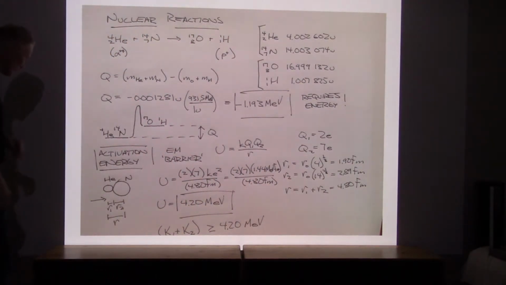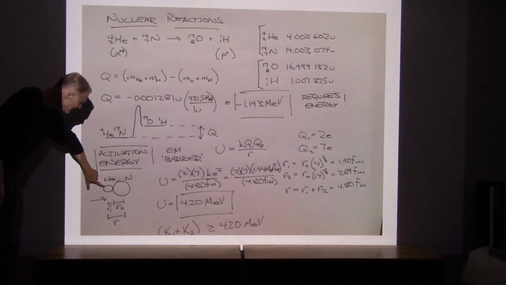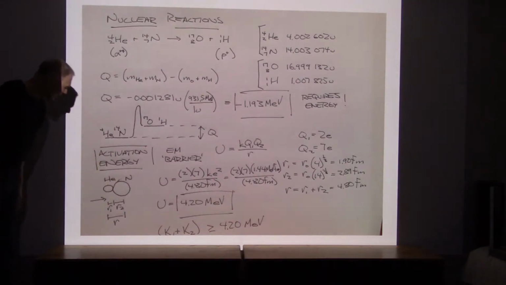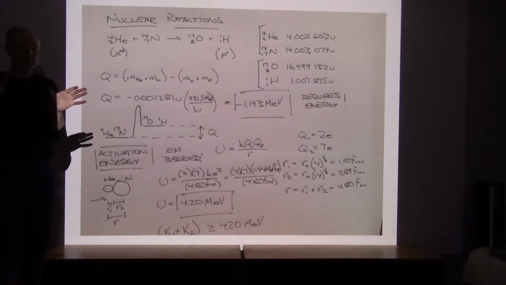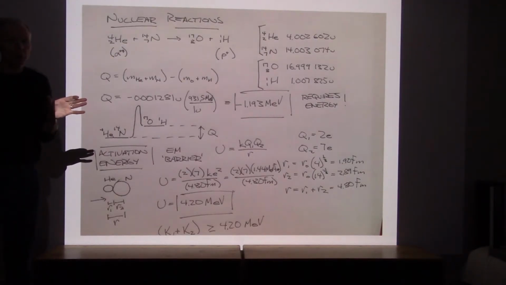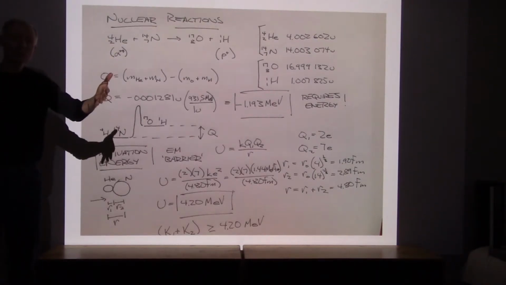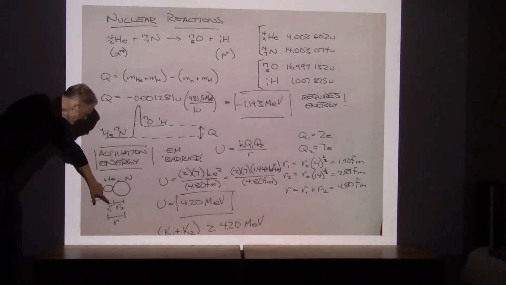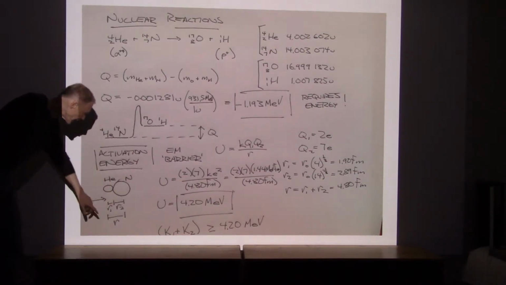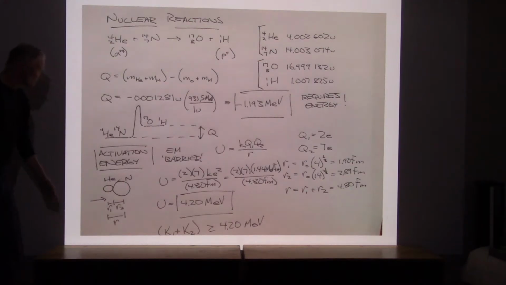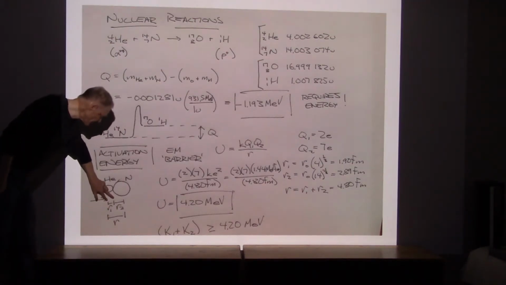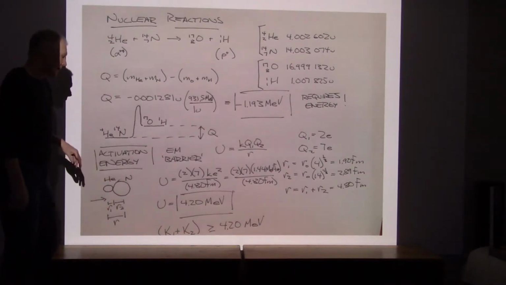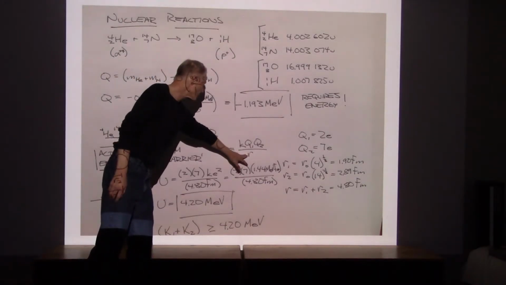This is our diagram that we use. Let's say this is the helium, this is the nitrogen, and each of them has an effective radius based on how strong forces work, based on how spread out their wave functions are. If I take a combined distance, center to center, between the 2 nuclei, I'm going to call that R. That's going to be the combination of the individual radii,